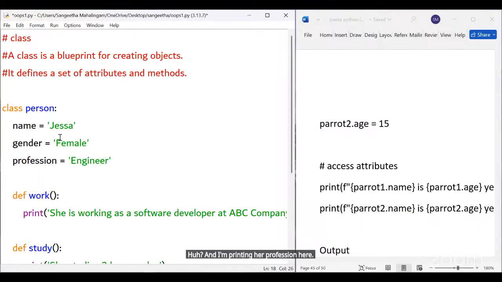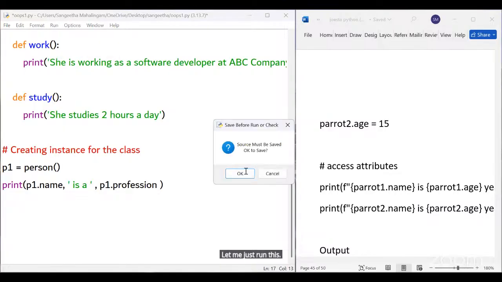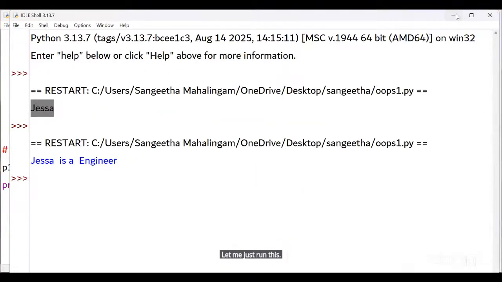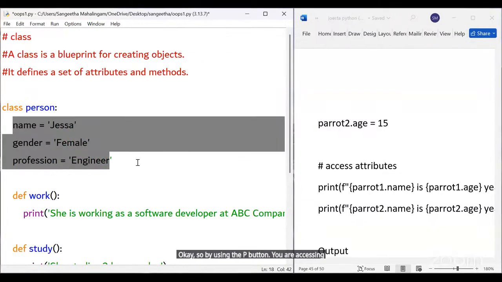What is her profession? Yeah, p1 dot profession. Let me just run this. See, design engineer. Okay, so by using the P1, you are accessing this